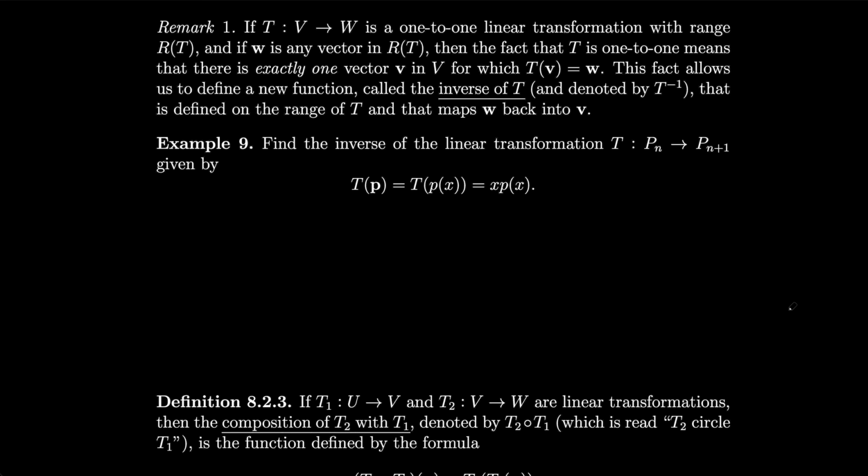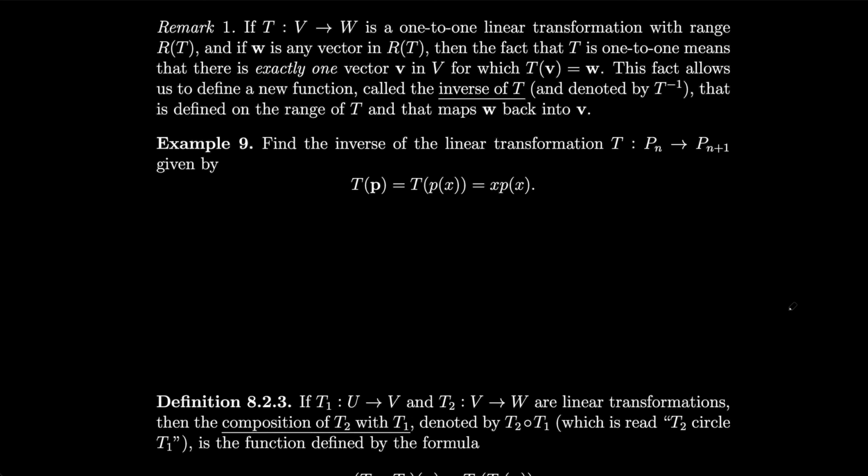If T from V to W is a 1-to-1 linear transformation with range R of T, and if w is any vector in R(T), then the fact that T is 1-to-1 means that there is exactly one vector v in V for which T of v is w. This fact allows us to define a new function called the inverse of T, denoted by T inverse, that is defined on the range of T and that maps w back into V. As we just saw in the previous example, we can find these inverses in any case where we have a 1-to-1 and onto transformation. So let's find the inverse of the linear function T from Pn to Pn+1,